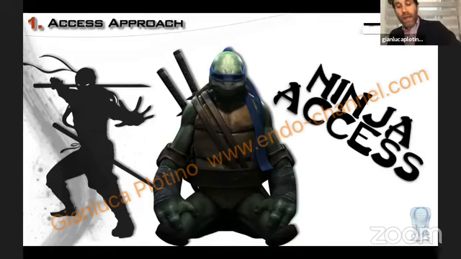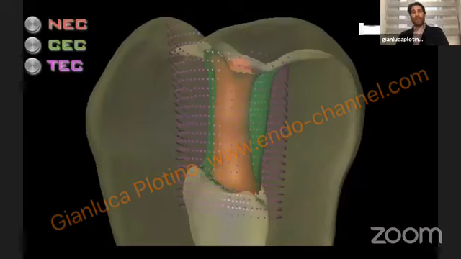So we want to make a difference between these three different access cavities, remaining in the middle, in the green one. The green one is the conservative one, the purple one is the traditional, and the red one is the ultra conservative.